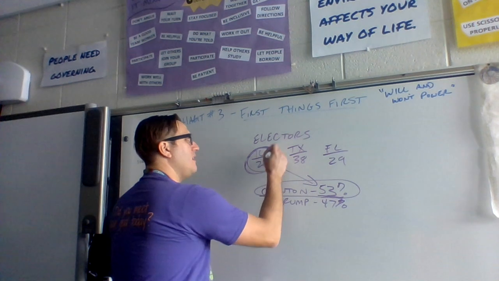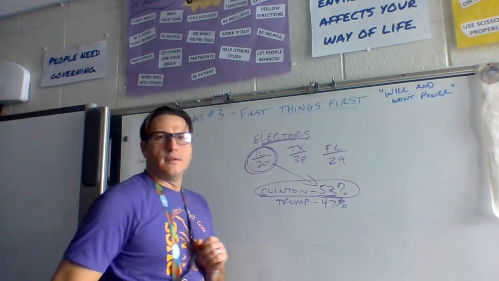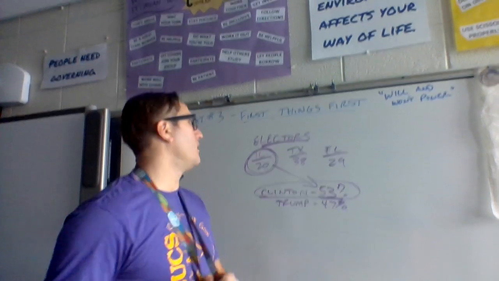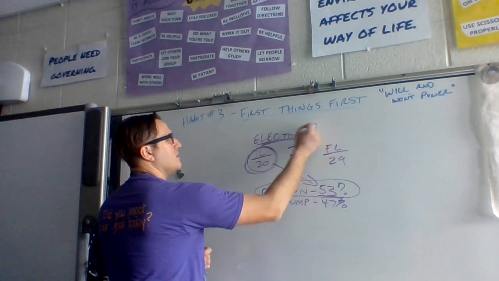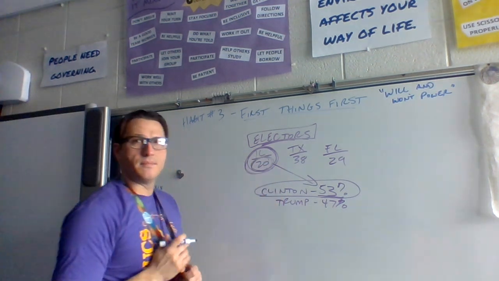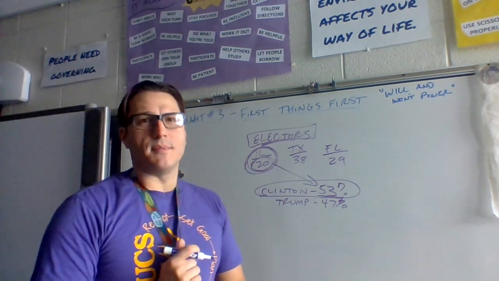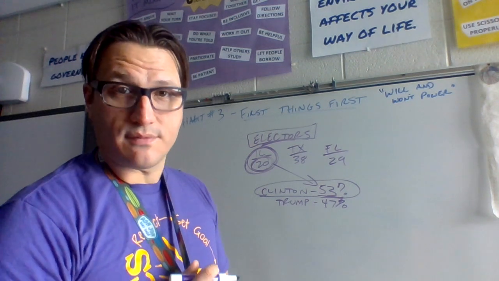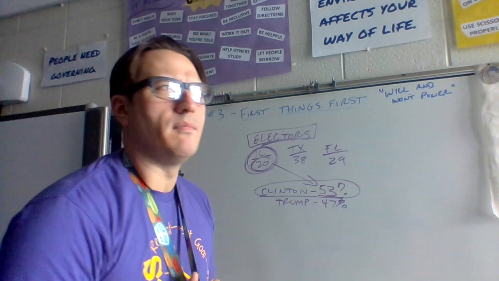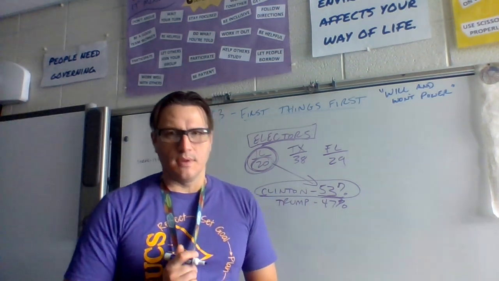Now, could these electors say, no, we're not going to? The agreement is these electors will put all of these votes in for Clinton. That's what they agree to do. They promised to do that. Could they do otherwise if they wanted to? Yes, they could, but they hardly ever do.